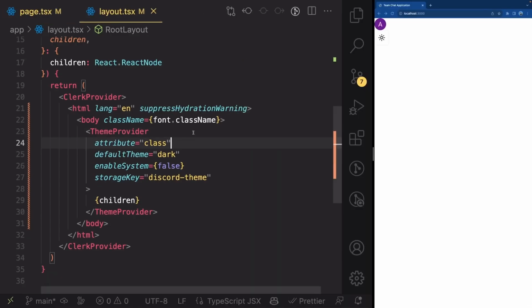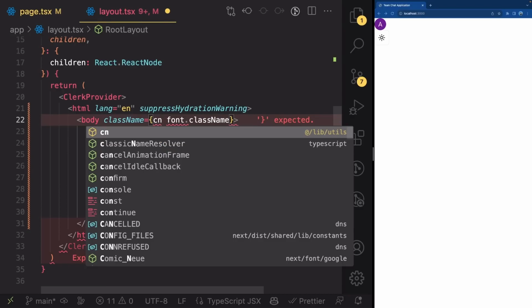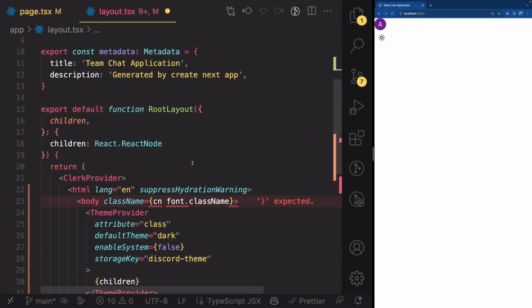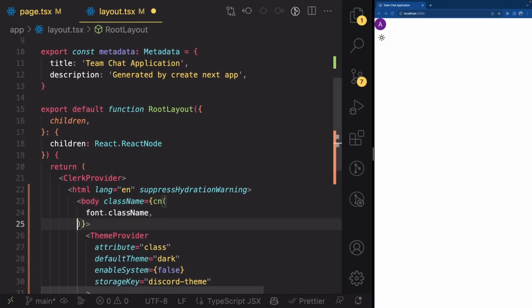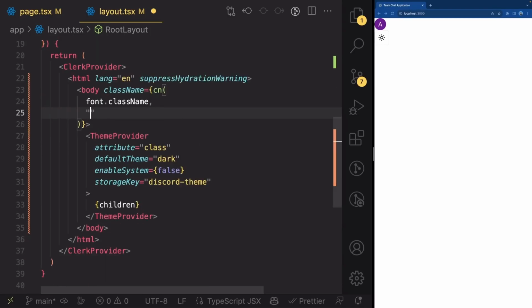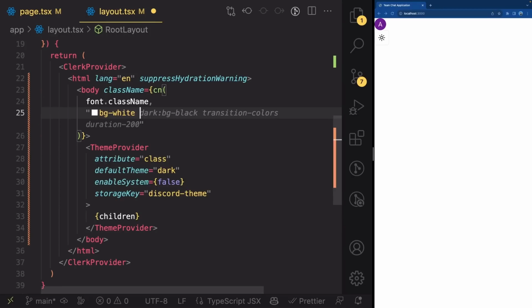One more thing I want to add here is I just want to add a class name to the body. Whoops, we already have the class name. So what I actually want to do is I want to import my cn from add/lib/utils. Make sure you import cn right here. And go ahead and leave the font class name in the first one, and in the second one we're going to add some different class names depending on whether we are looking at this website in light mode or in dark mode. So I'm going to go ahead and write bg white, so this is for a light mode,